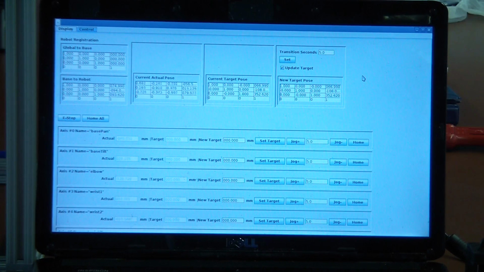As I move my arm around, you'll notice the current actual pose field changes based on the 6-DoF frame transformation of the tip of the robot relative to the base. As you can see with the hardware,